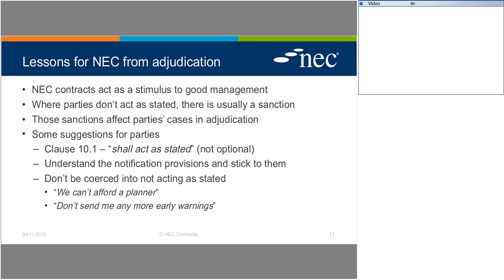And a situation I encountered through adjudication a couple of years ago was a large construction employer had gone to great lengths to find a collaborative contractor through the pre-qualification and tendering process, thought they got the right company, and they spent a long time getting the contract documents right before they signed them. And on day one of the contract, somebody from the contractor came into the employer's project manager's office and put 450 early warning notices on her desk.